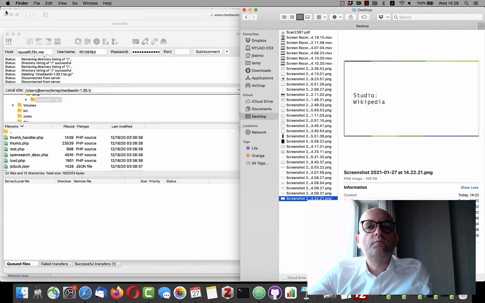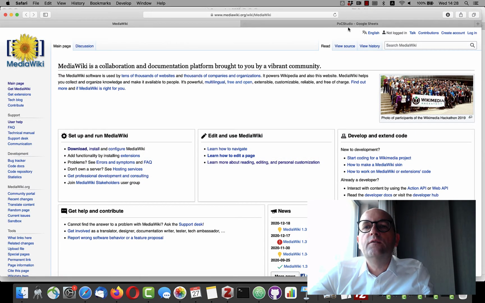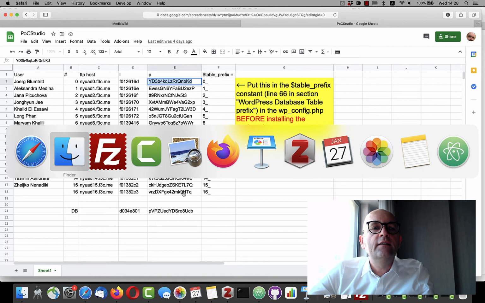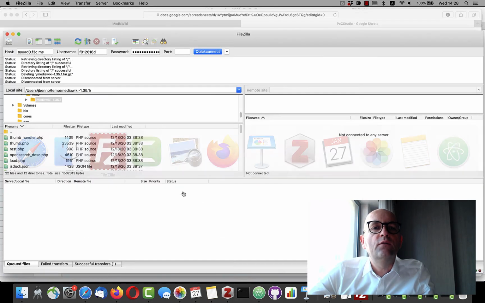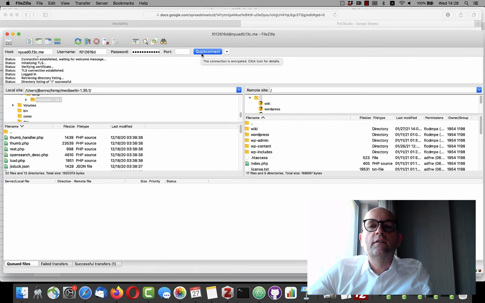To upload, I have to go for the credentials here. This is my credentials, these are yours, and put them into FileZilla, and then I can connect, and then usually the nagging screen that the certificate is not right pops up, and you click OK. I have done that already, so it's gone.